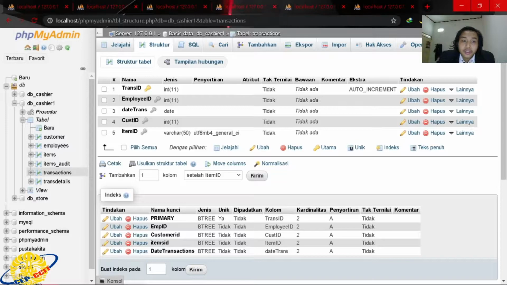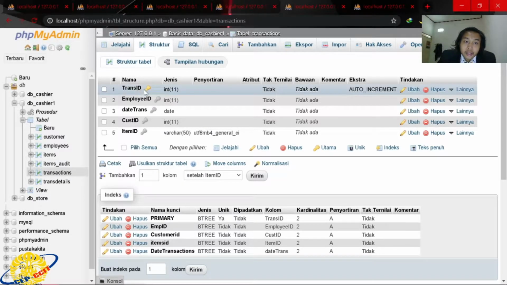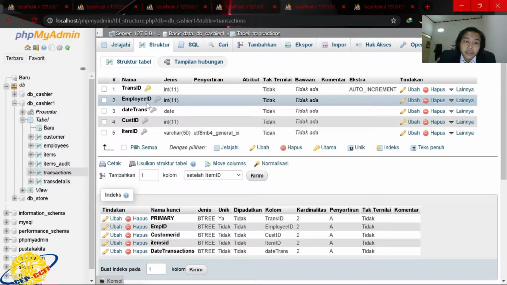Okay, the fourth table is transaction. First is trans ID, primary key, integer 11, and auto increment. The second is employee ID, integer 11, and this is the foreign key from the table employees.